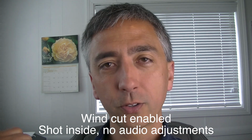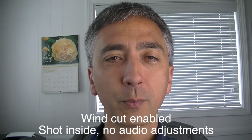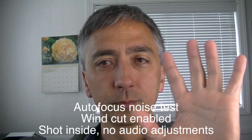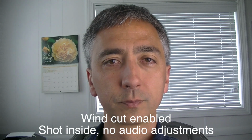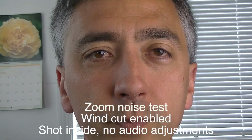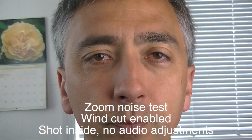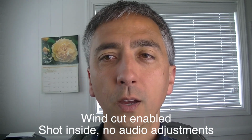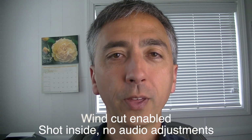If you can hear it, I've got my hard drive running. I've got a little timer, so hopefully they don't pick up too well. So let's listen to the camera noises with wind cut set to on with the focus. And then the zoom motor. Okay, easy enough. And now that concludes the wind cut set to on test with clear